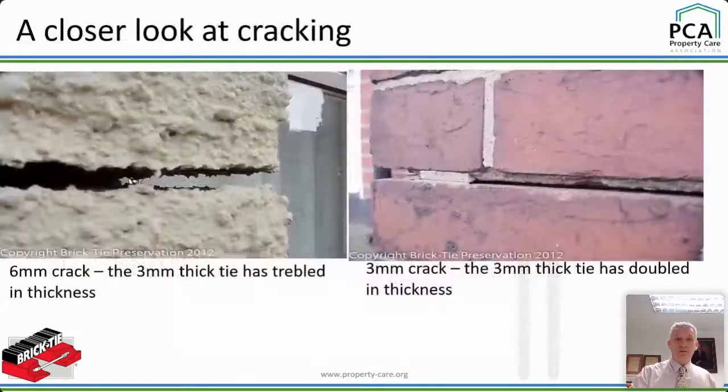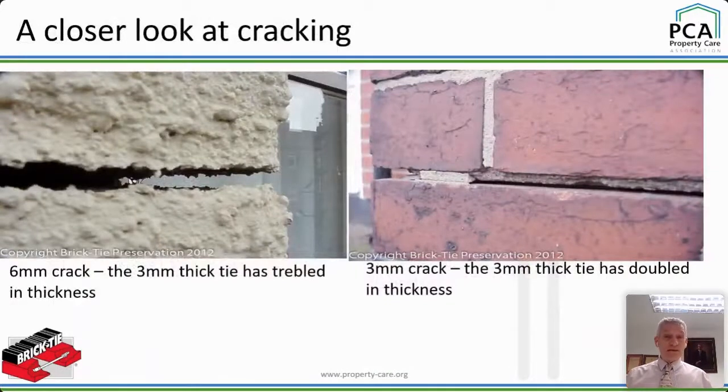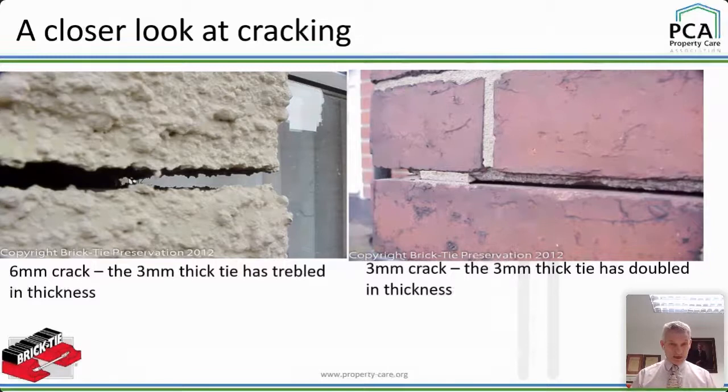Now then, these horizontal cracks can be quite big. I'll give you two samples here, a rendered one on the left and a naked one on the right. If we look carefully, we can actually see through at the reveal of both of them. That's why I chose these pictures. These are big open cracks. Just think about what you would be looking at if that property had cavity wall insulation. Actually, the one on the right has, but when you've got cavity wall insulation, the last thing you want is a lot of big cracks like that leading into that insulation. If it's a southwesterly elevation, or an exposed site, water's going to be streaming into that insulation.